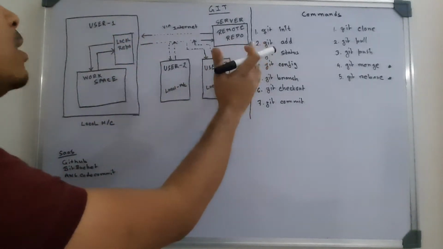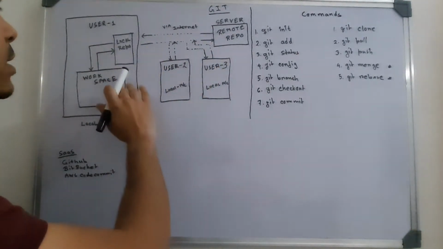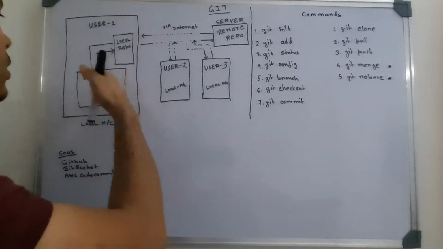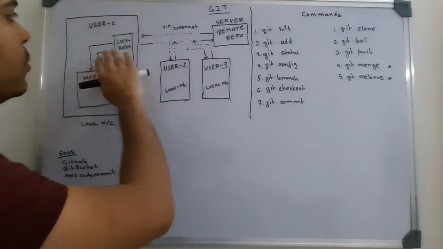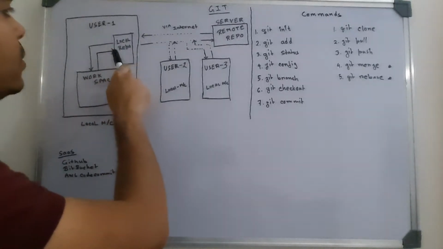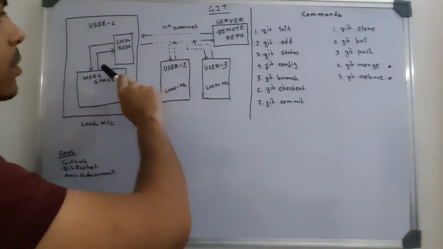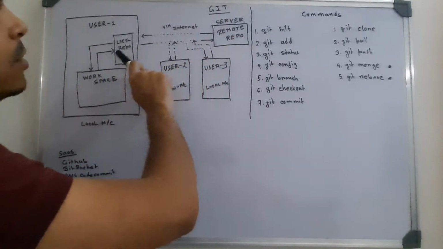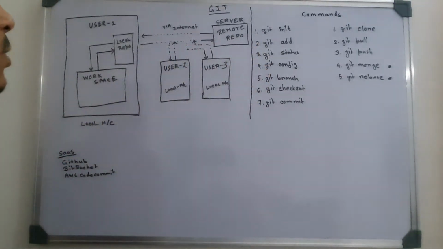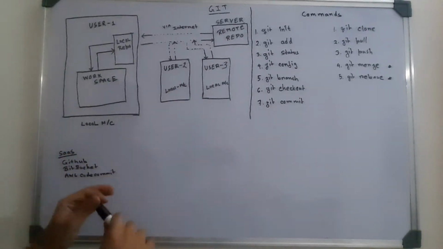Basically, a full repo copy happens from the remote to local. Then when the local repo is present on the local machine, a developer makes some changes, adds some code in the local workspace, and then commits those changes in the local repository itself. After the commit is done, they push those changes and they go into the remote repository. The entire repository doesn't move to the remote repository. Git does its own optimization to push the change set into the remote repository. So this is a basic flow diagram of how Git works.